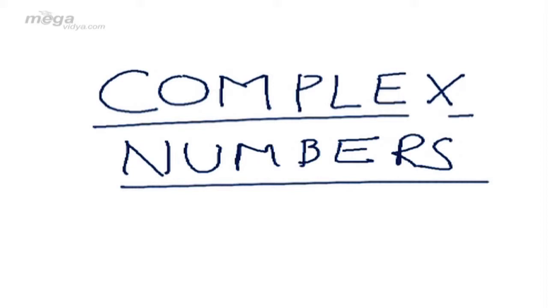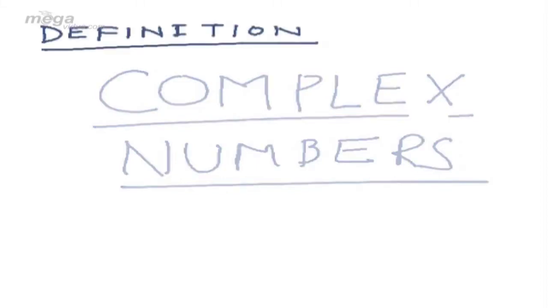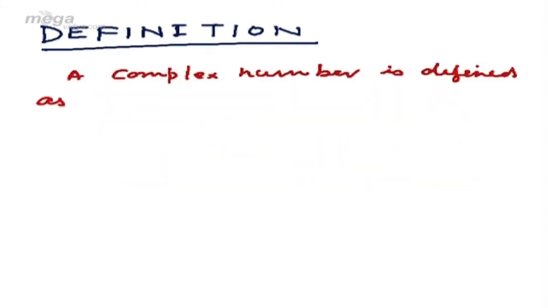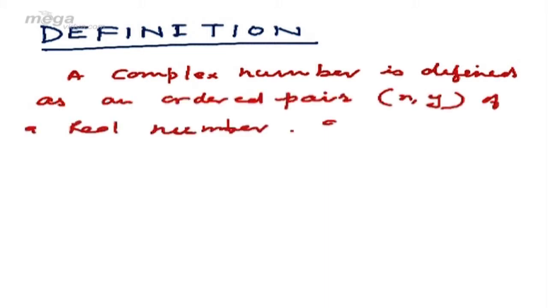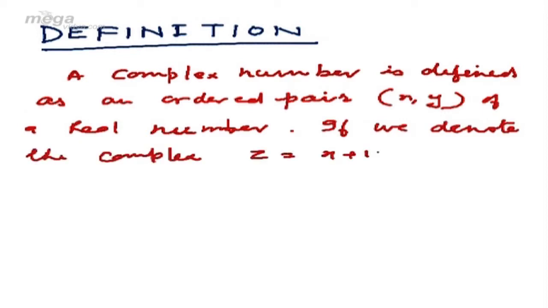It is the most important topic in algebra, and most of the questions in competitive examinations are asked on complex numbers. A complex number is defined as an ordered pair (x, y) of real numbers. If we denote the complex number z equal to x plus iy,